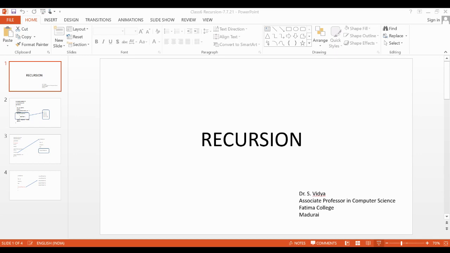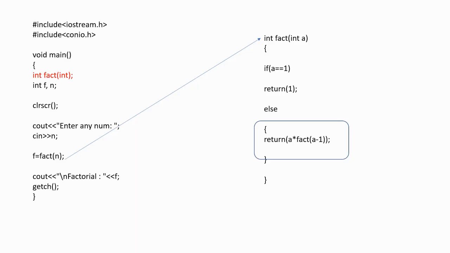In case a is not 1, then it will come to the else part, and this is the recursive part here, where we want to call the function again with a minus 1. So a into fact of a minus 1. For example, if it is going to be 5, then 5 into fact of 4. Then with the value of 4, it will again come over here and call again. So now a minus 1, the value for a will be